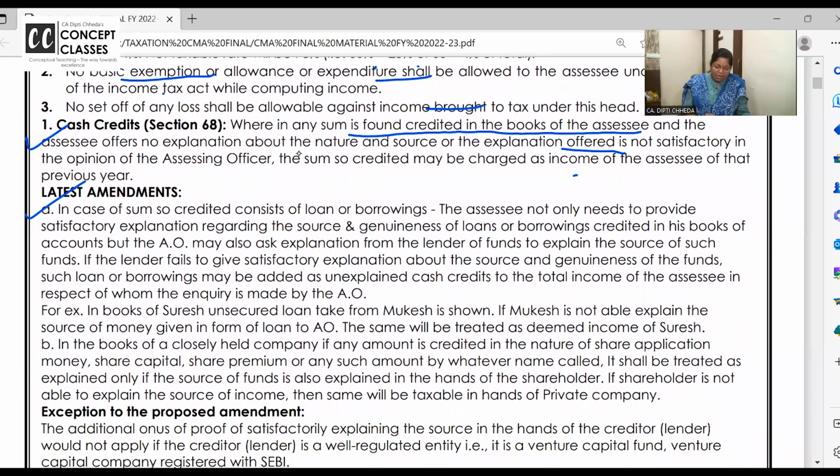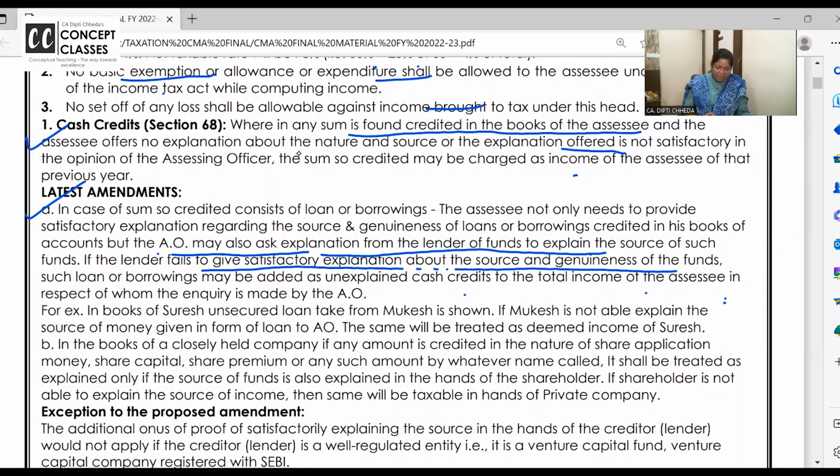In case the sum so credited consists of loan and borrowing, the SSE not only needs to give a satisfactory explanation regarding the source of the loan credited in his books, but the AO may also ask for an explanation from the lender of the funds. If the lender fails to give a satisfactory explanation, then that will be cash credit to the SSE, and it will be added